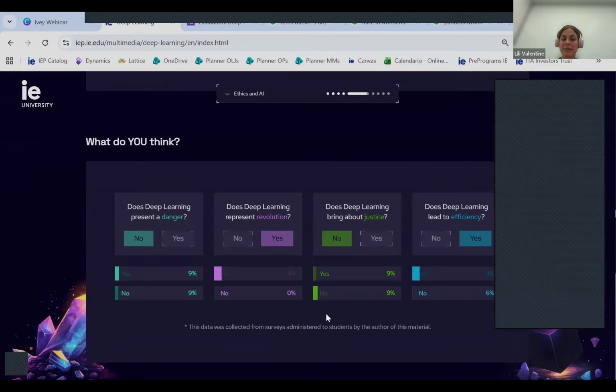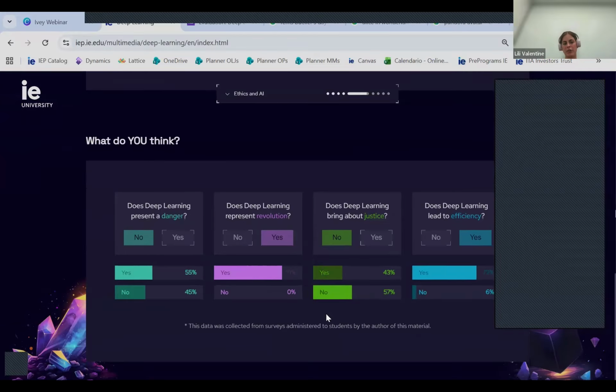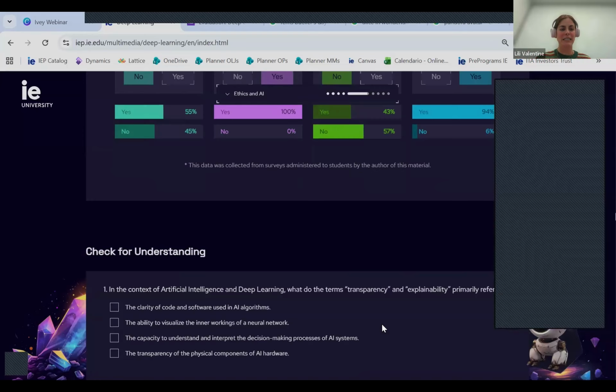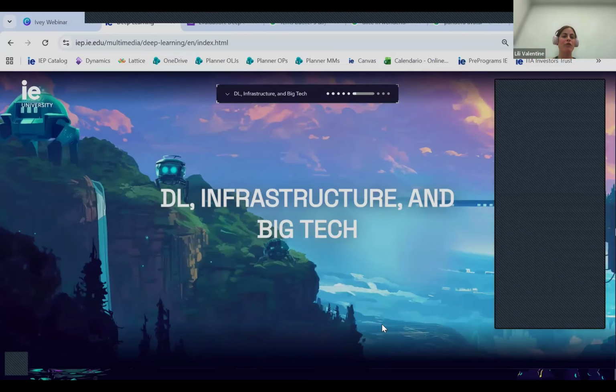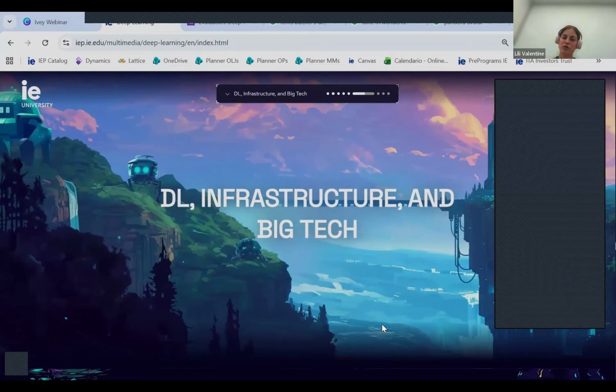And the student submits, and they see their response compared to what other students responded, according to a survey administered by the author of this material. So students get to assert their opinion, which I think a lot of us like to do, while also seeing what others think, which may or may not be surprising to students. Okay, so we have another check for understanding,